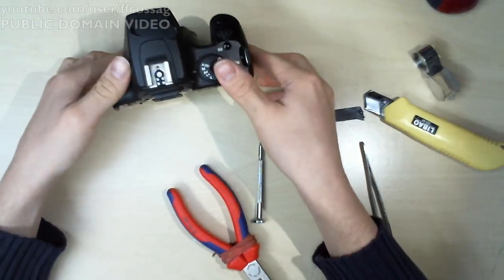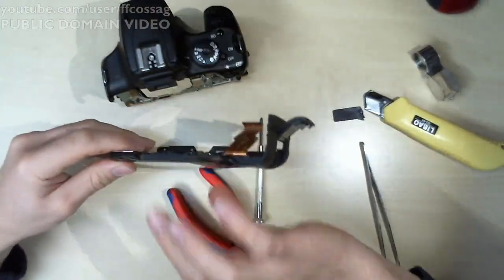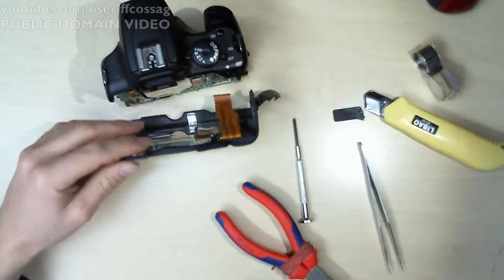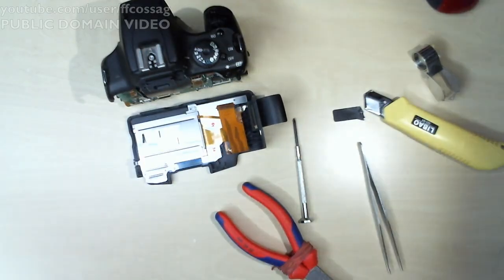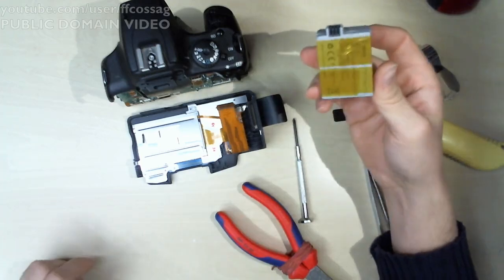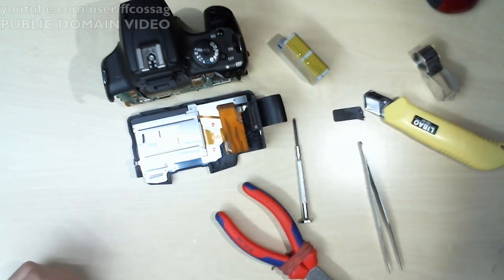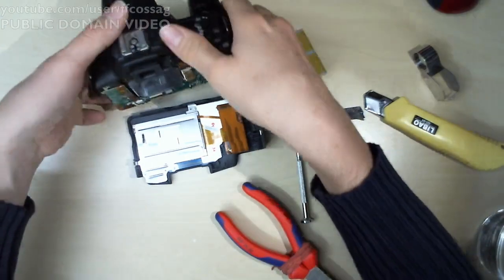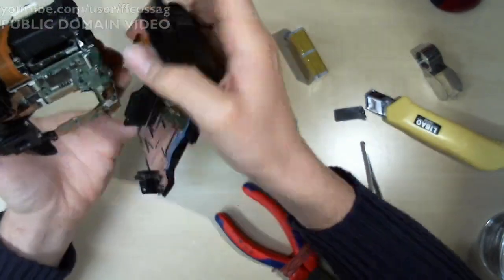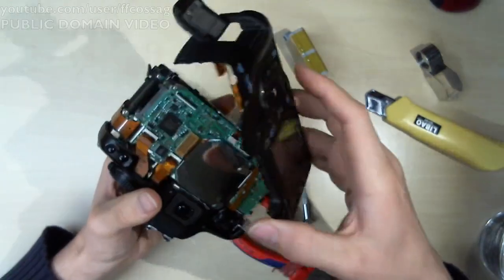So I'm thinking at this stage we can pretty much just connect this up, and I think we should be able to power it up before reinstalling the last set of 500 screws. We'll just fetch the battery and we'll see if we can get some life out of it. That's my lovely original Canon battery from 2009. It has definitely not been tampered with. I will have to actually install this to actuate the SD card switch, because that's required for...